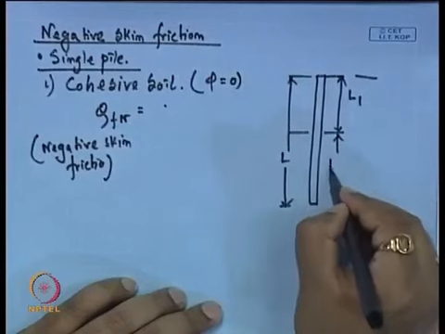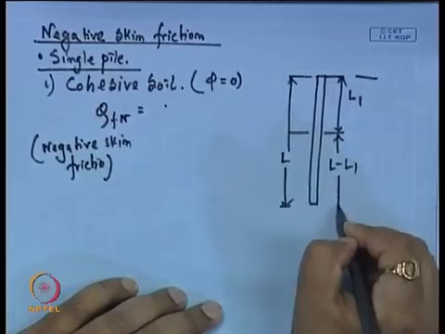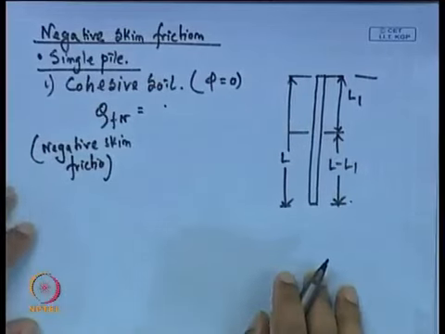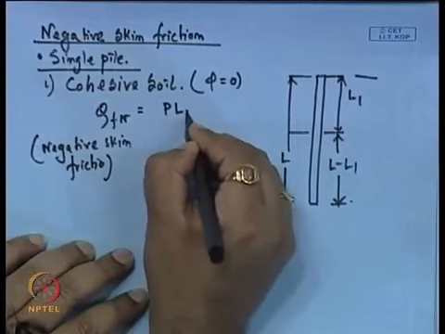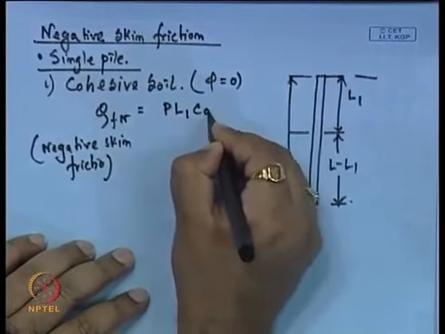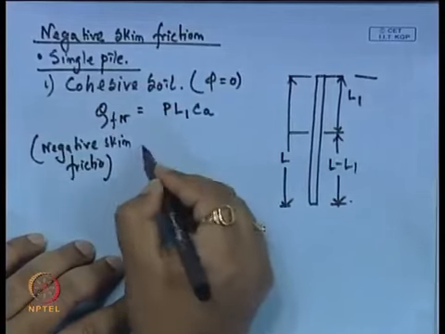So, this length is L minus L 1. This negative skin friction is given by the perimeter times L 1 times C A, where P is